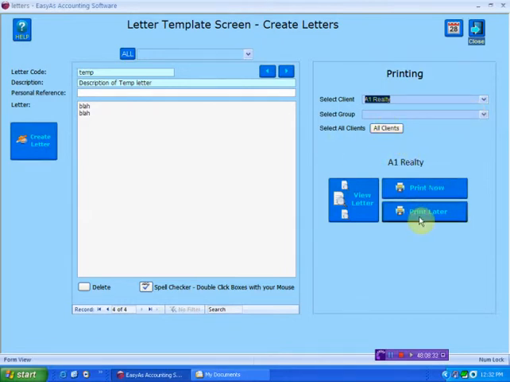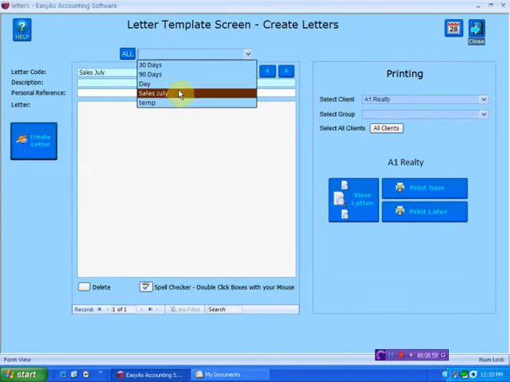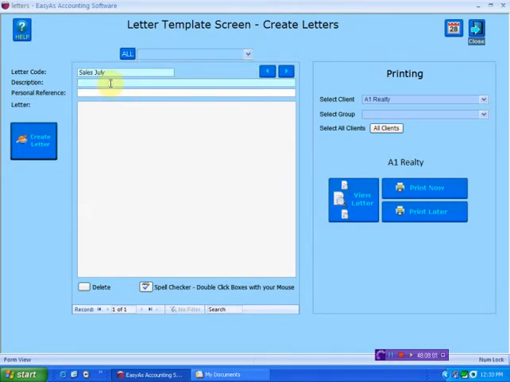Okay, print later. What is that for? That has one unique feature in itself. What it means is this. Let's say you do have a template. Let's say that I created a template. I'm going to create a new letter. Let's say this is sales in July. It's my July sales letter, and that is my template code that I've now given it, sales in July, and I'm going to put end of July sales. I come in here and I put please be advised